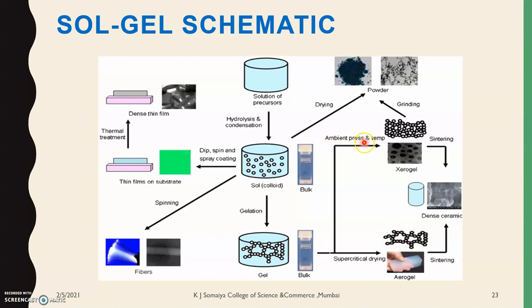Whereas if under certain pressure and temperature we allow it to dry, and the polymeric network is collapsed, we get xerogel, which on further sintering, that is high temperature, on further polymerization, we can get this dense ceramic material, and this material can be converted into either ceramics, or it can be converted into powders, and then by dipping, spinning and spraying, we can form different coats. So you may spin to get fibers, or coat to get thin films, or dip it a number of times to give you dense films. So we see we can get different types of materials